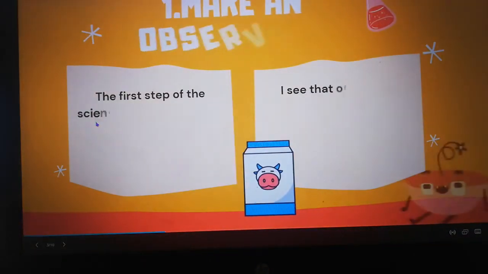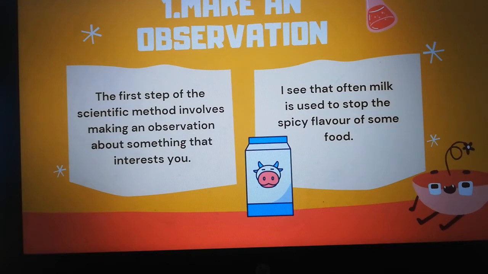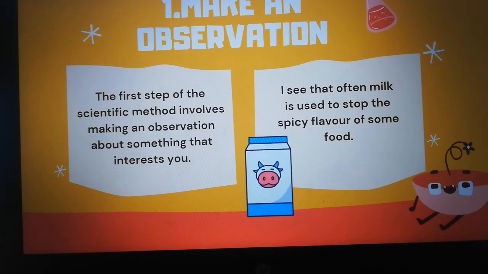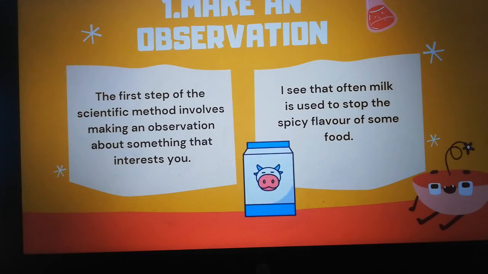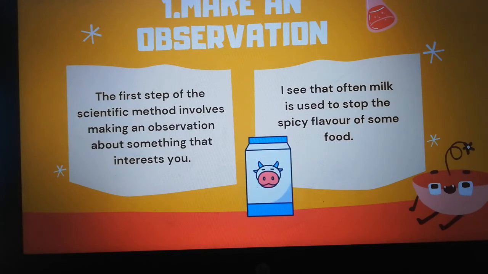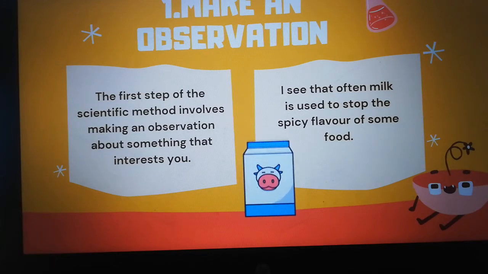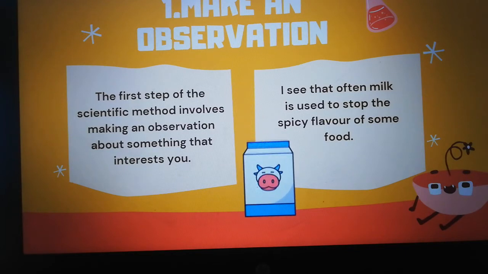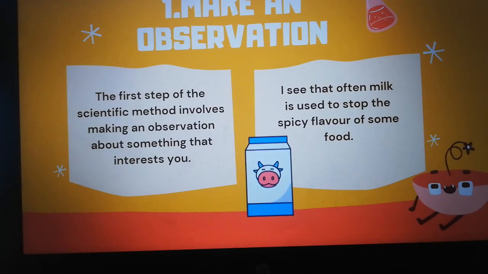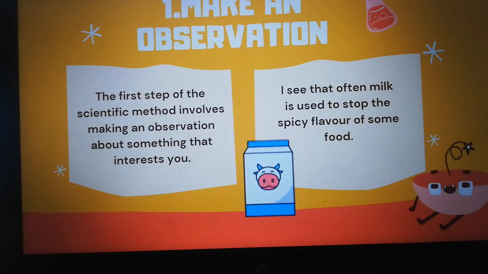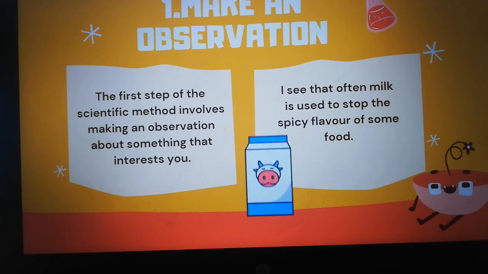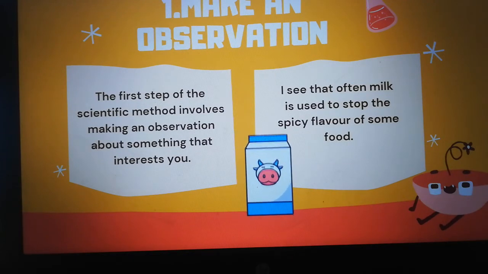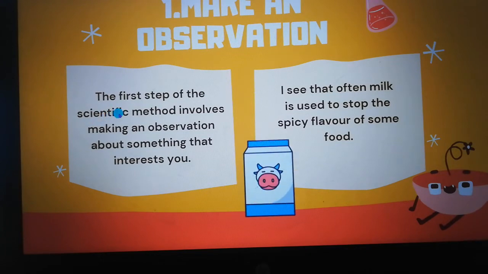We have here the first step, as I said, which is to make an observation about something that you are interested in, or something that you like, something that is surprising to you, whatever. For example, in my opinion, I think that this one is very interesting. I see that often milk is used to stop the spicy flavor of some food. So I realized that, and I went to the second step,